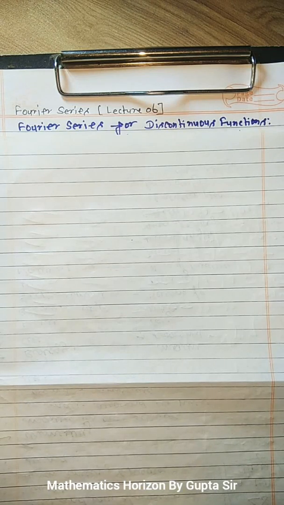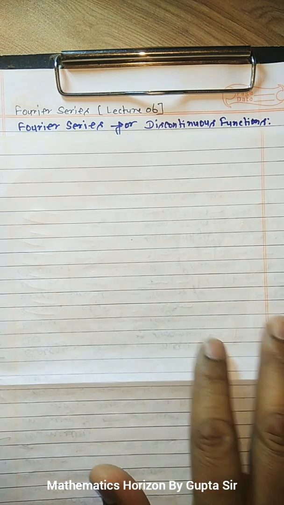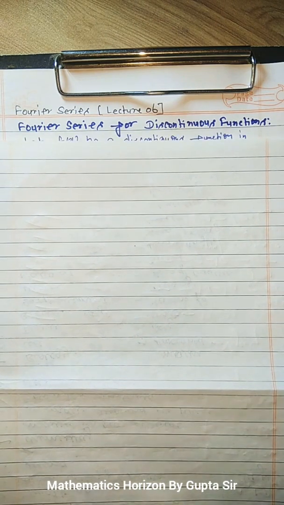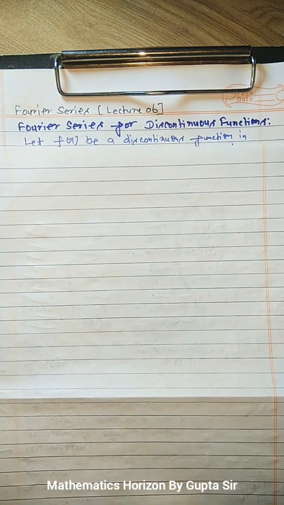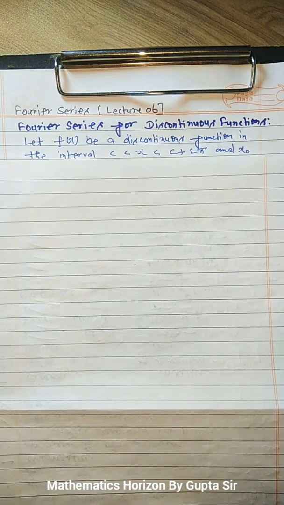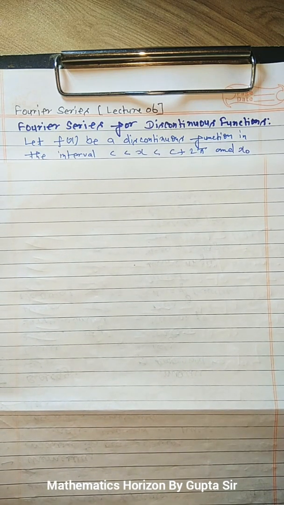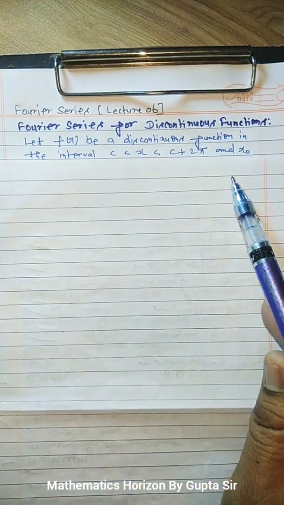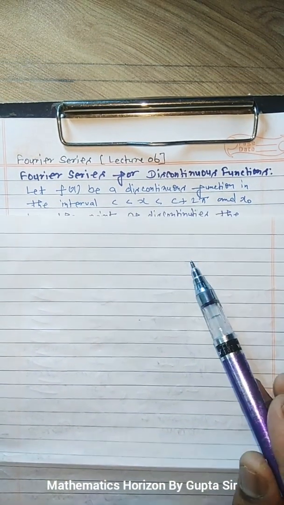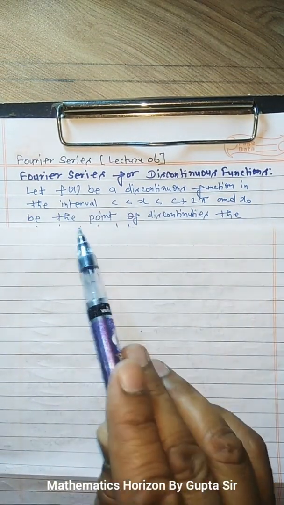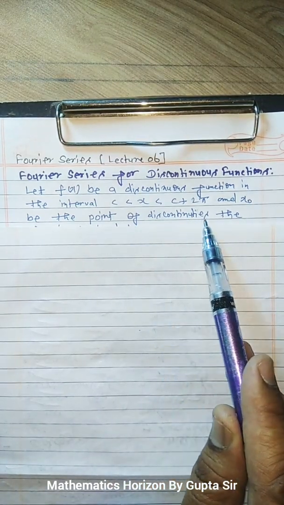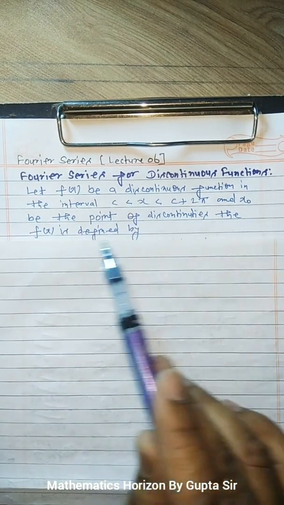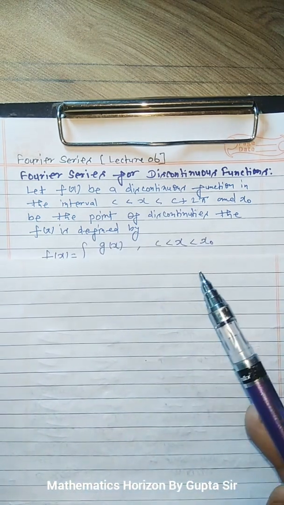Dear students, in this lecture we will discuss Fourier series for discontinuous functions. Suppose f(x) is a discontinuous function in the interval c ≤ x ≤ c + 2π, and suppose x0 is the point of discontinuity. Then the function f(x) is defined by